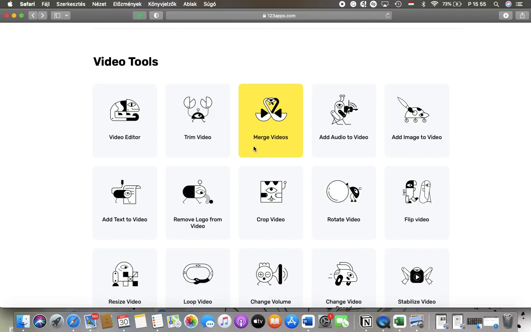Hello guys, in this video I am going to show you how to rotate a video on the 123apps.com website,